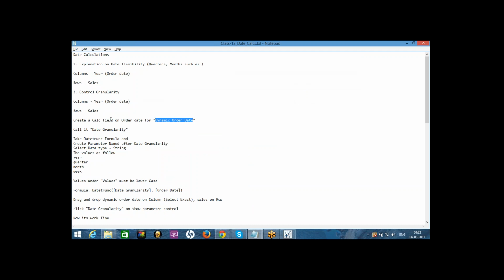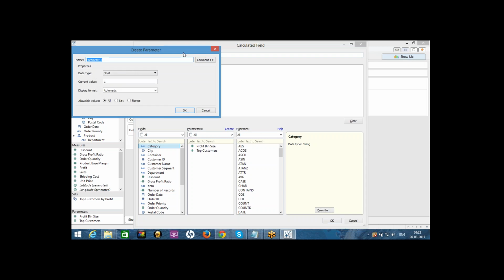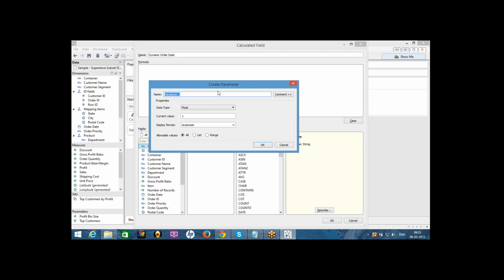And then I need to have a date granularity, because as I said, I wanted to create a logical filter. Logical fields can be created by the calculated field, and logical filters can be created by the filters, the parameters. So I wanted to provide that level of granularity to my business owner.